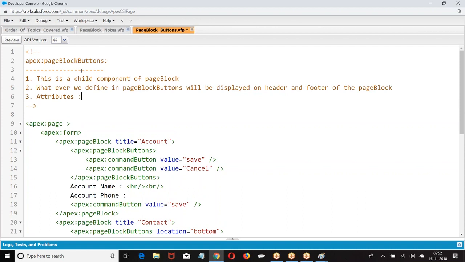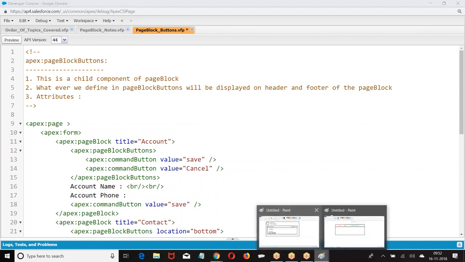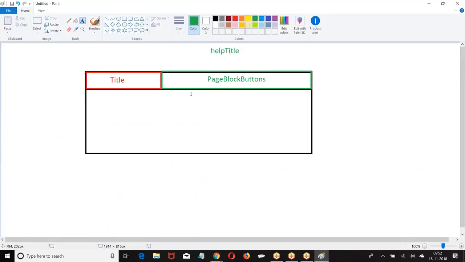Now, probably the people are confused at this point. I told you page block button space when you say left, it is not this corner. Left in this corner. Probably people are getting confused with RTL and LTR because of this. Page block buttons space is coming from here only. This is a space.